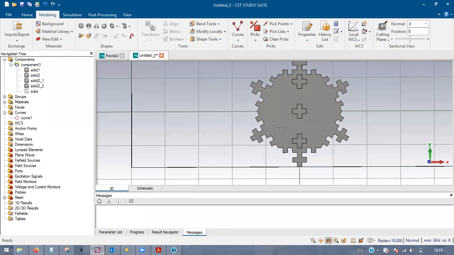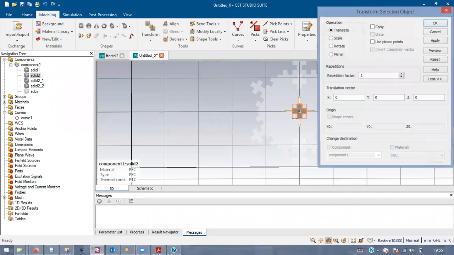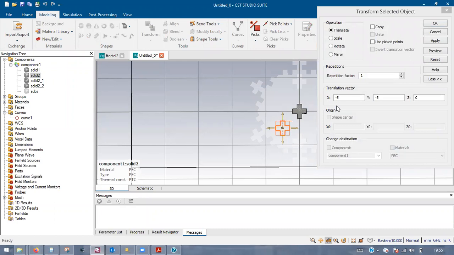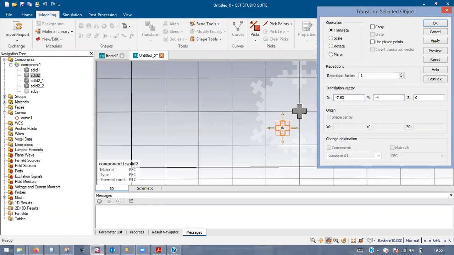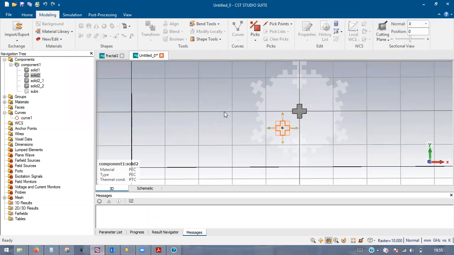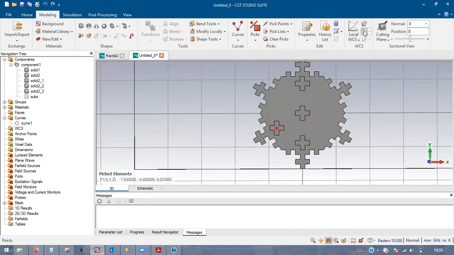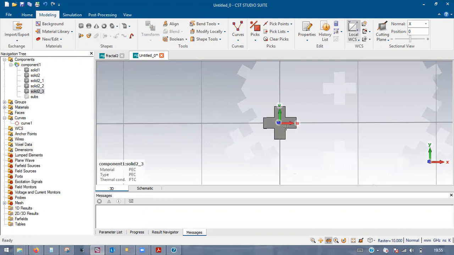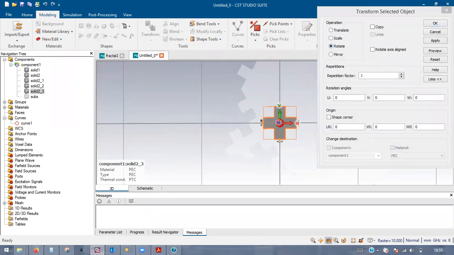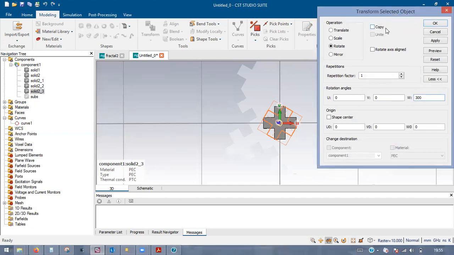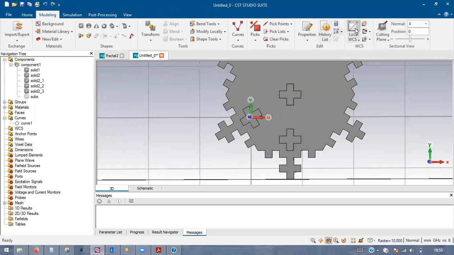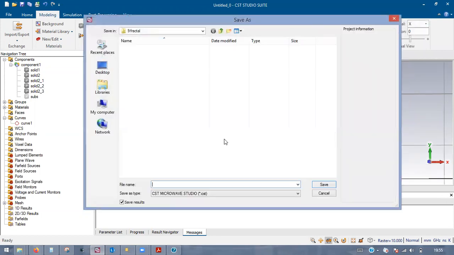So now we have to do over here. So yeah, we know the coordinate difference. So we just need to translate these at that coordinate. We have the coordinate value is 7.63 and minus 4.4. Just put a copy of it, click on OK. You can see it has been created, but we need to rotate it at 60 degree. But yeah, it's 360 minus 60 means 300 degree. So yeah, this is done.